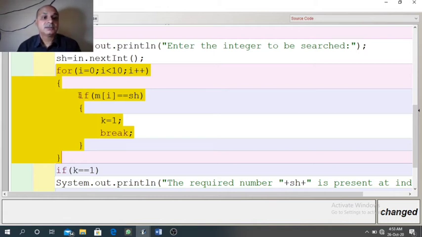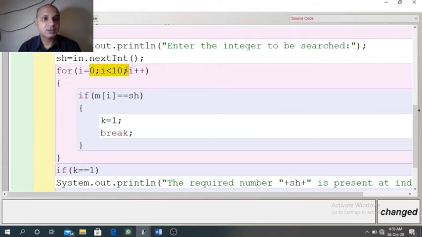If it is matching, then our search will be over. If it is not matching, then this process will continue till the end of the array. So first time when i equal to 0, 0 less than 10, satisfied. Now m[i] is compared with sh. So the element at 0 index in the array is compared with the search item, whether they are matching or not matching.